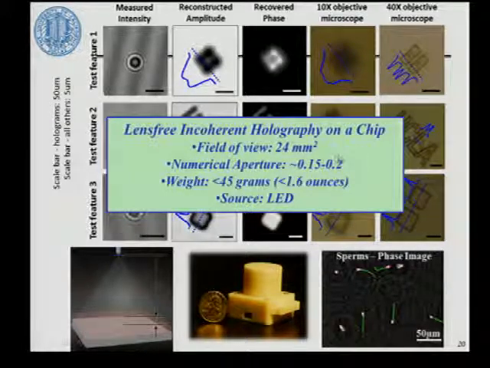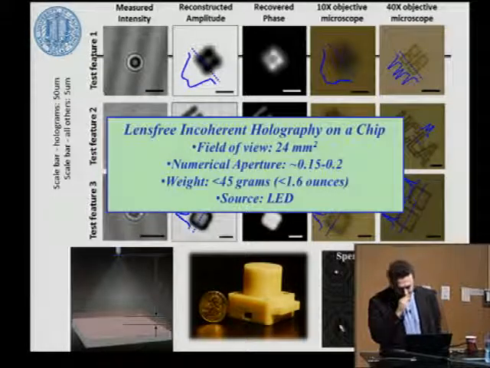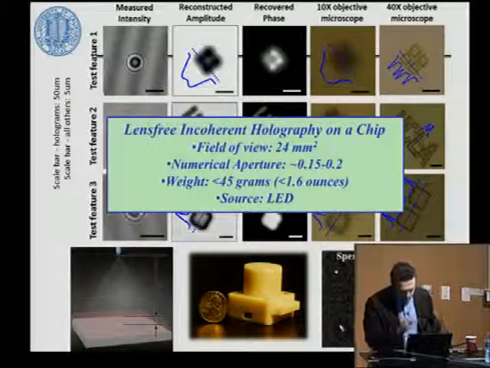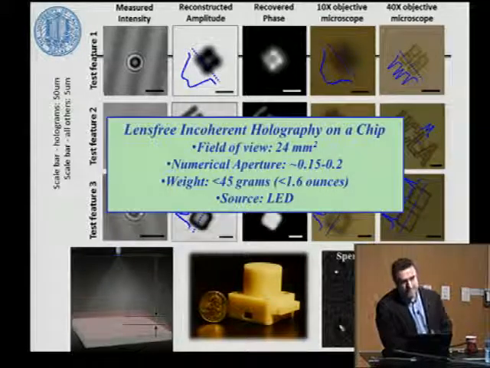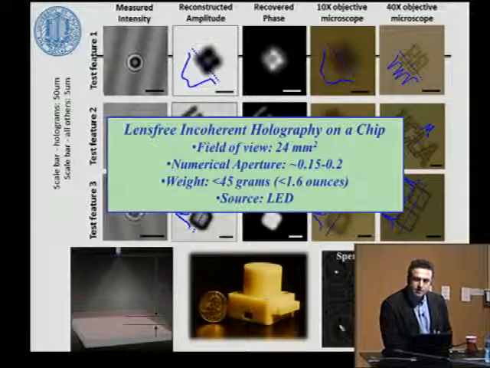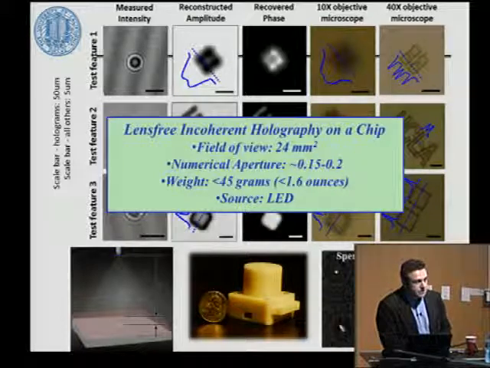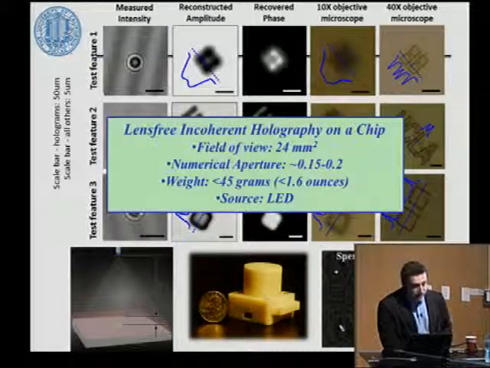But effective numerical aperture of these kinds of reconstructions in this simple design is fundamentally limited by sampling, spatial sampling dictated by the pixel size. In this particular example, we're looking at about 0.1, 0.2 numerical aperture, effectively created by about 2 micron pixel size in this native CMOS sensor. This is useful in a sense for mobile microscopy applications, but there are a lot of other applications which demand higher numerical apertures, higher resolution, and without trading off the field of view.